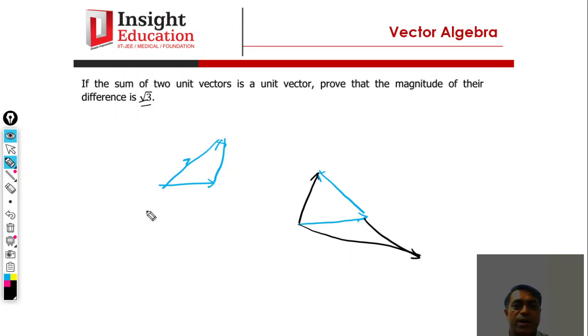Already we have done it. i plus j is equal to k, i minus j. From that the angle we can calculate. So the angle between A and B, first you will get the angle between A and B as 120. Our equation is under root a square plus b square minus 2ab cos theta. So you will get the answer.